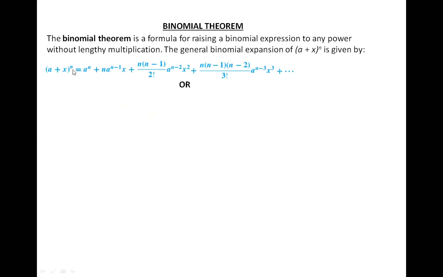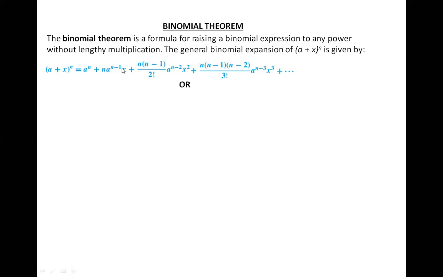(a + x)^n. When you're expanding any expression in this form, (a + x)^n is equal to a^n. So firstly, you write this a, and then you raise it to the power n, this n. And then plus, this is the binomial formula. You bring down this n, and then